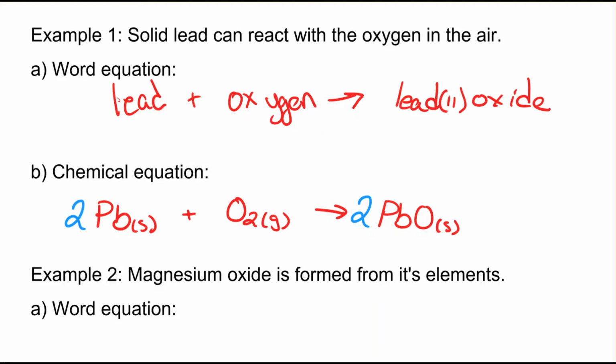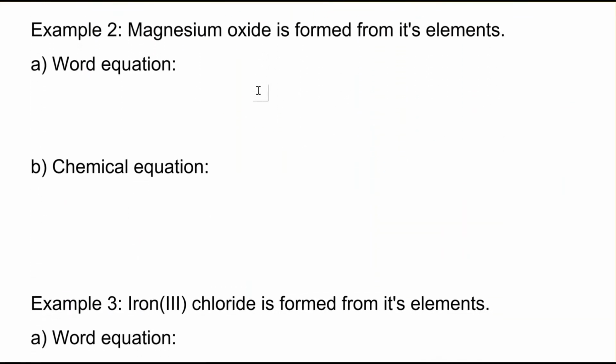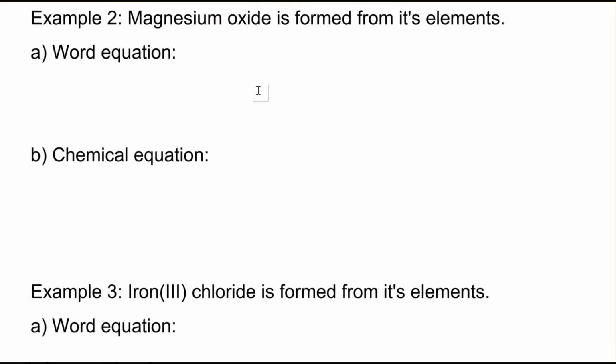Okay, let's try another one. Let's try another one here. So we're going to go down. We're going to try this second example. Magnesium oxide is formed from its elements. Okay, so what did we say? We wanted to try the word equation first. So if we're making magnesium oxide,